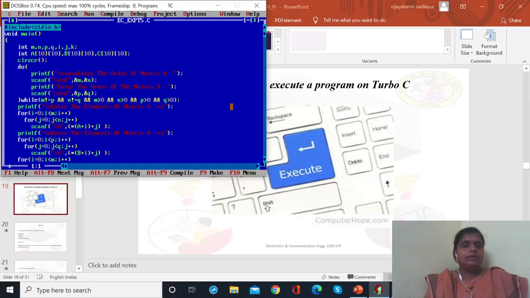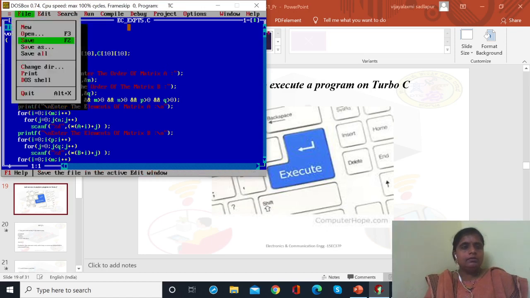Now I have opened the program in Turbo C. So what are the steps to execute a given program in Turbo C? You first write the program, and you save it with extension .c. To save the program, you go to File and get the save option here. Otherwise, you can also use the shortcut key F2.